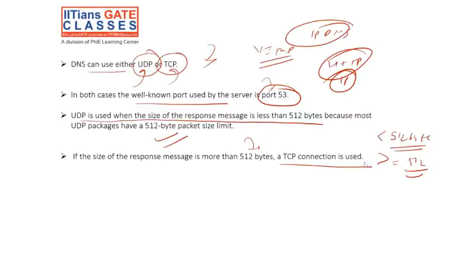Why use UDP for small sizes? Because UDP is a connectionless protocol, which is unreliable. That's why if the response is small, it is better to use UDP, right? If the response is very large, so much data is coming, and if we use a connectionless protocol, then there will be packet loss and no acknowledgement either. If the data is large, it is better to use connection-oriented. Done, guys? Say yes or no.